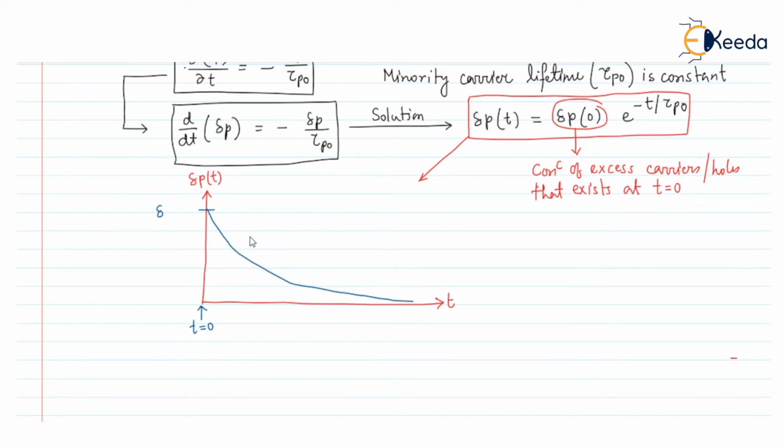So at this point the delta p value will be delta p0. It will decrease exponentially. So we can say that the excess concentration of holes decays exponentially with a time constant,